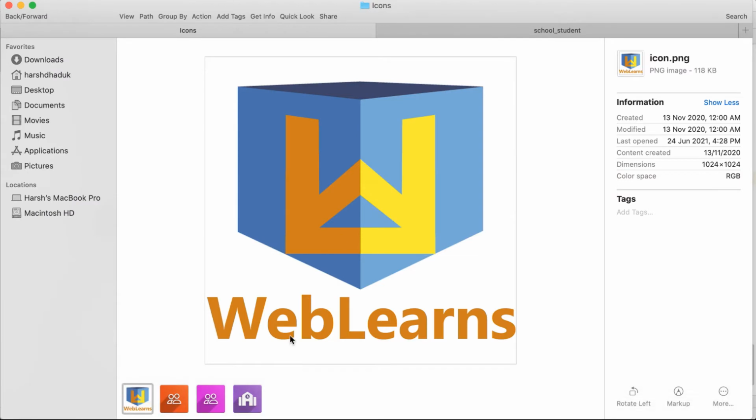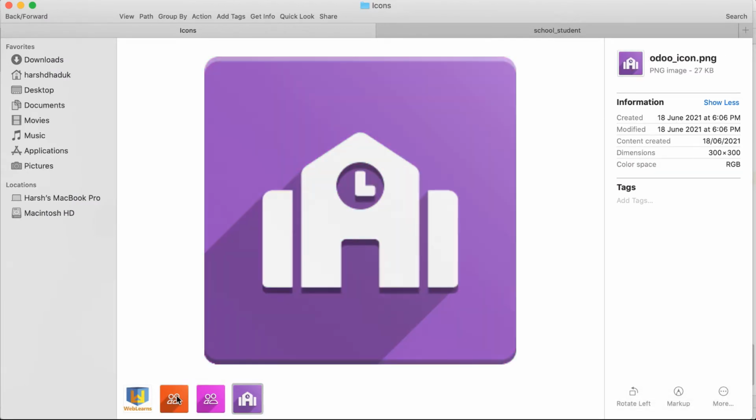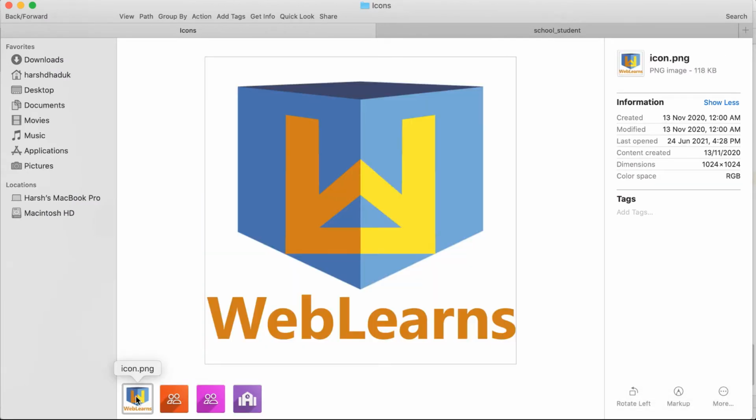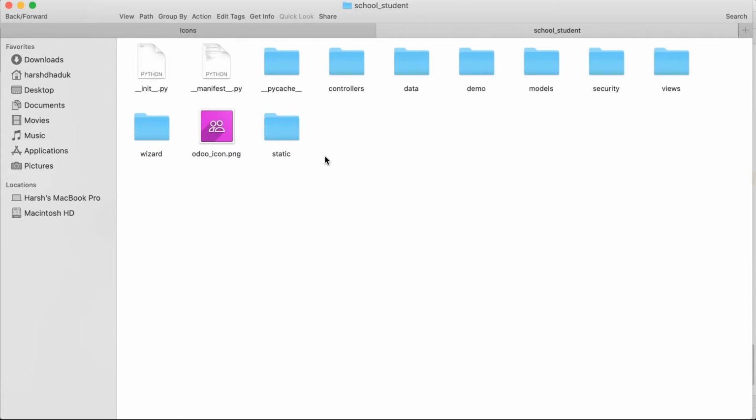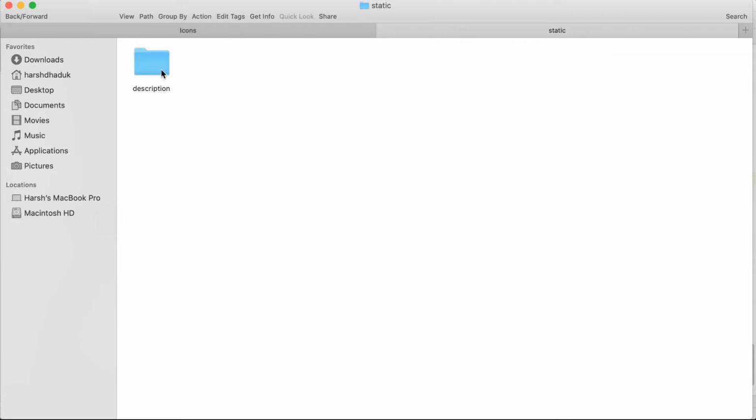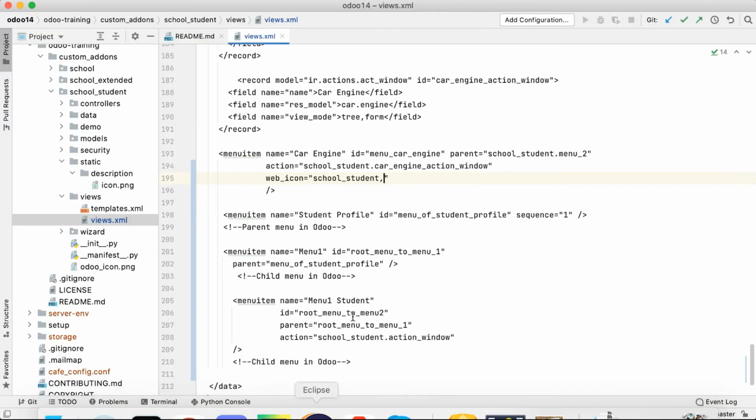So I'm going here, and you can see there are 4 files, and let me add the first image, and I will place it in the static folder, and here I will create one more directory, img. Under img I'm just passing this image file.